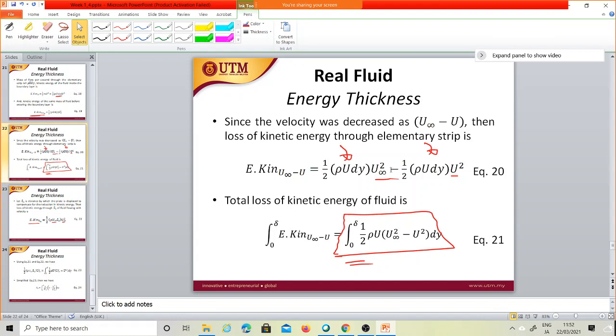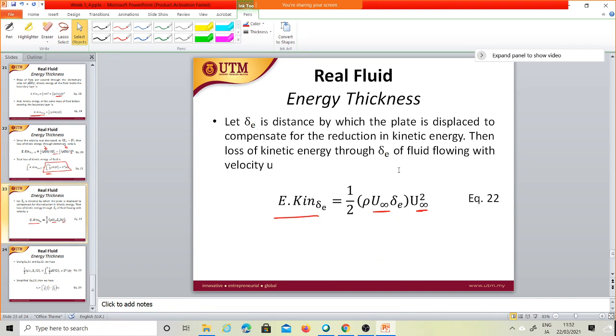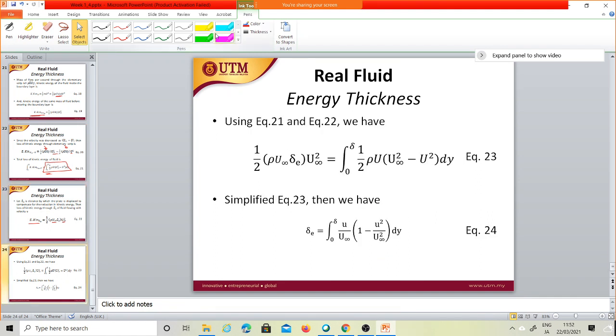This is the ideal case, and this one is the real case. So you should expect this one, but you will get this one. So how much is the loss? If you equate it and simplify it, you will get this